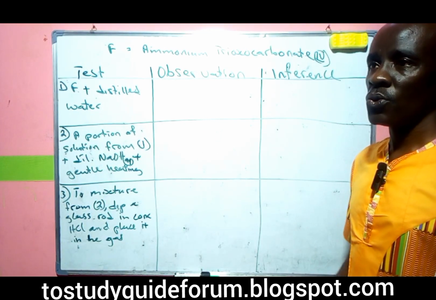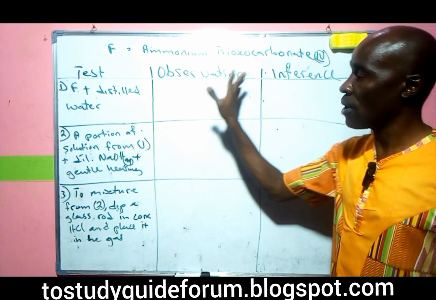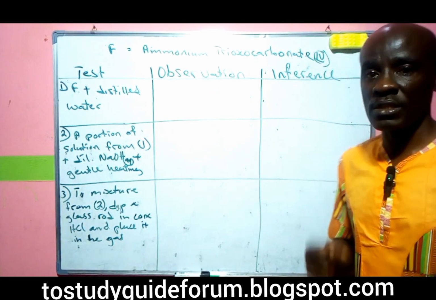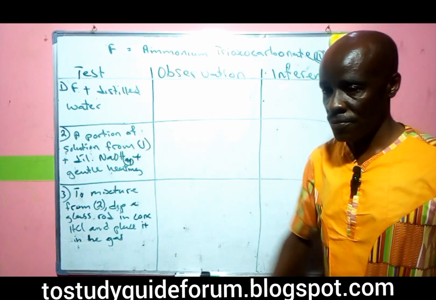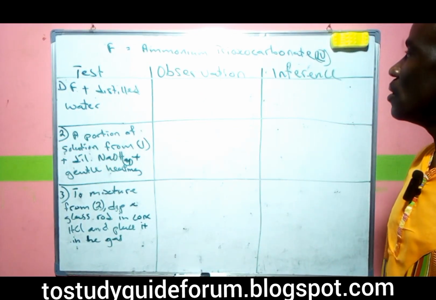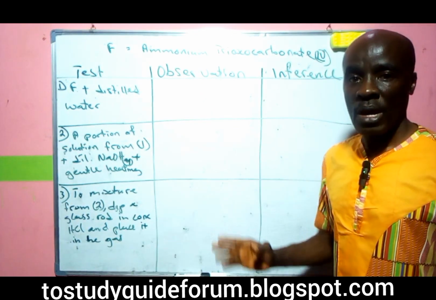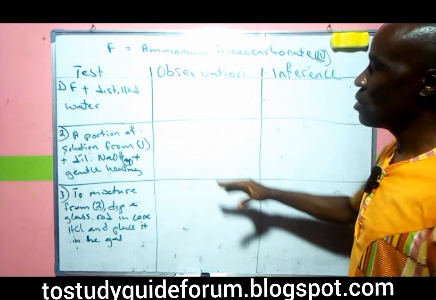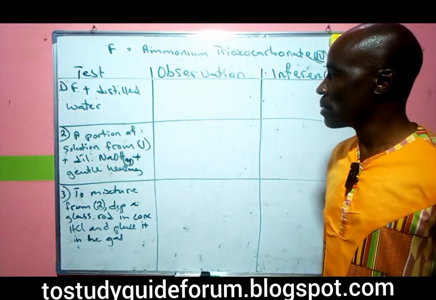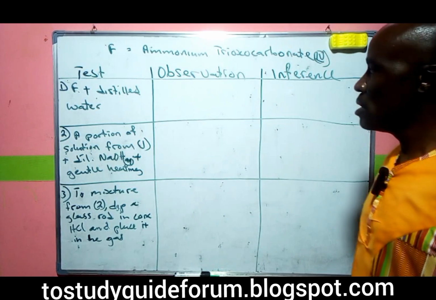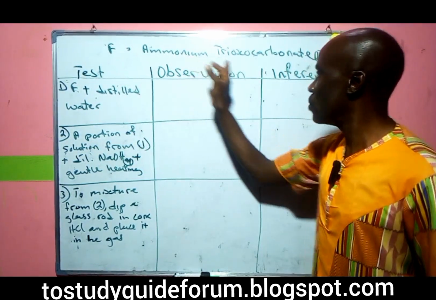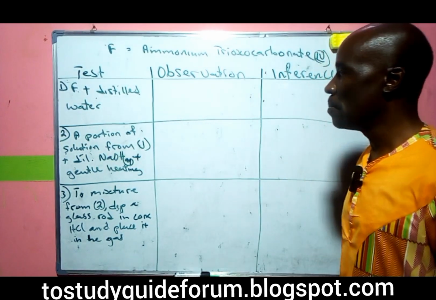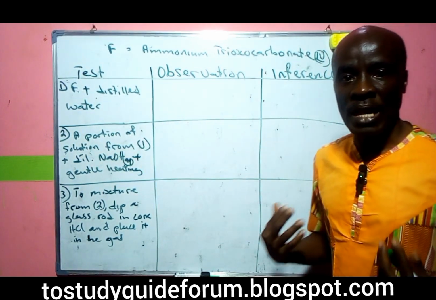Today we'll be looking at how to test for ammonium trioxocarbonate. The ammonium trioxocarbonate we are going to be testing, we will tag it F. We are looking at how we can test it in solution. In this arrangement, F, which stands for the ammonium trioxocarbonate, plus distilled water, is like testing